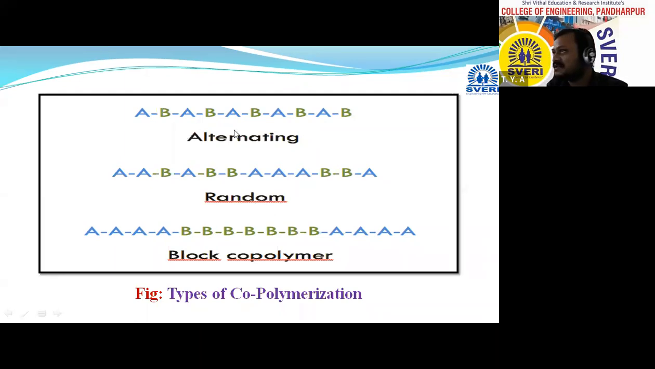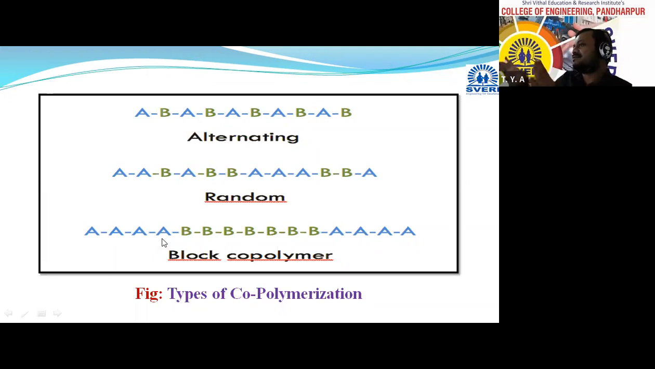This is alternating, which means some pattern is there, or monomers are alternately stitched together one by one to form a chain. This will be termed alternating copolymerization. Then if the pattern of arrangement or stitching of the monomers is not fixed, it will be considered a random copolymerization. And if